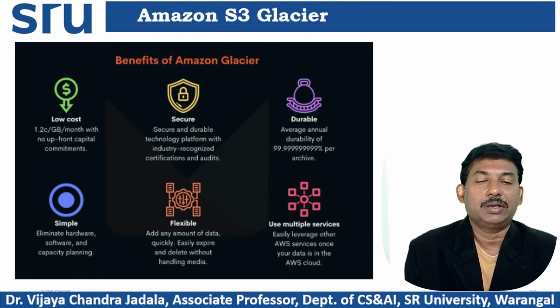It uses data encryption, where the data is typically encrypted at rest when it is stored and in transit when it is being uploaded or downloaded. AWS uses AES 256 encryption. Then there is access control, with granular permissions and identity management related to AWS Identity and Access Management, that is IAM. It allows users to control who can access what data.